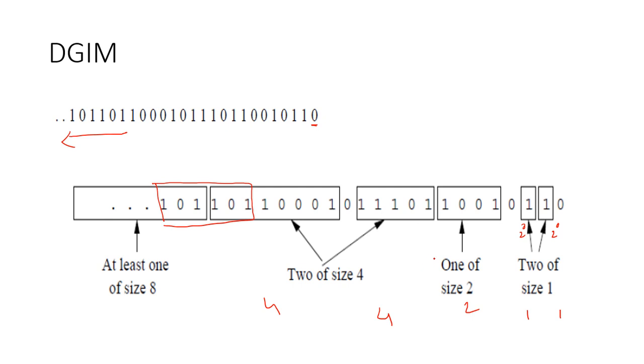But the problem is the number of zeros. In the DGIM algorithm, the number of zeros is insignificant. Even if a zero arrives, we ignore it because the focus is totally on the number of ones. Yes, we can count the number of zeros, but there will be a maximum error, because the exact number of zeros we cannot count in the DGIM algorithm, but the exact number of ones we can easily calculate in this algorithm.